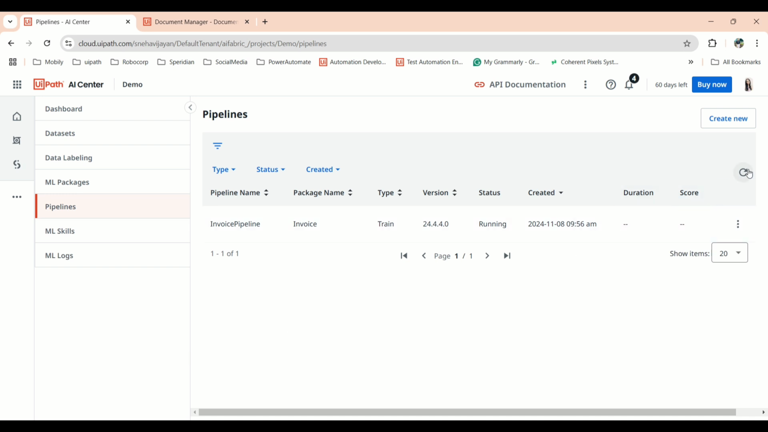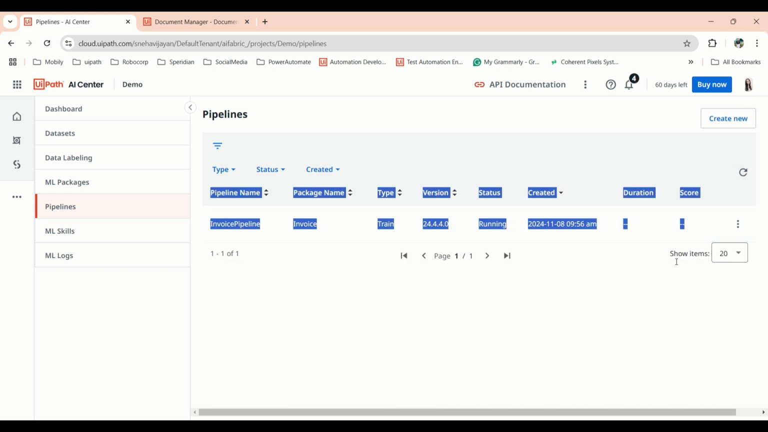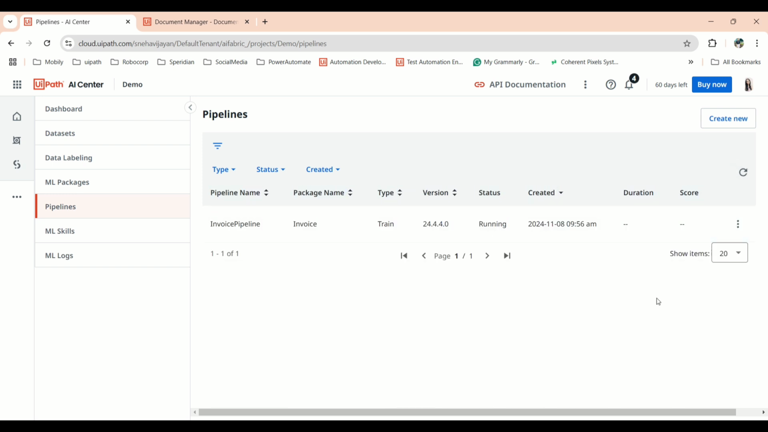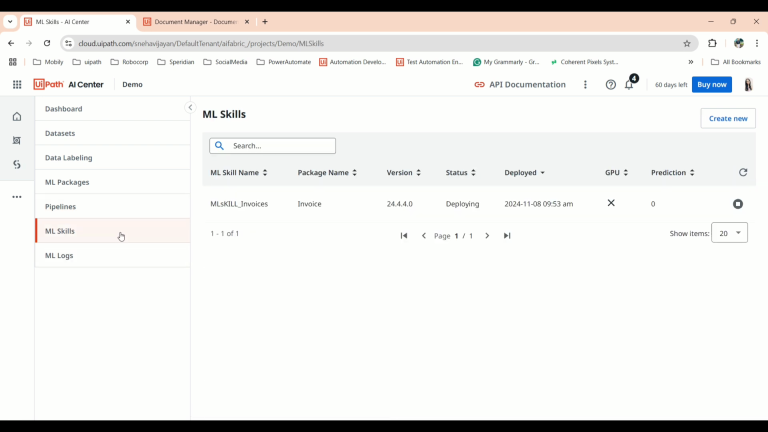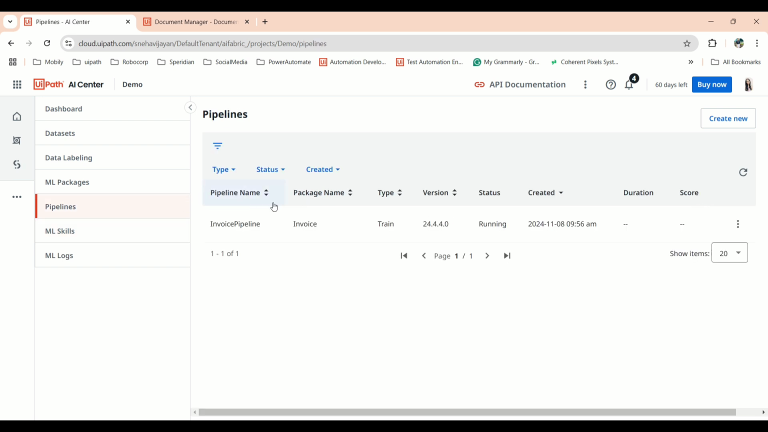So the pipeline is running, the invoice package is getting trained with the new data set we have uploaded, which we have created by data labeling. So it will take some time. After that only we need to create the ML skill. Actually this will be deployed with the ML skill which is already there, invoice, because we haven't trained, right. After completing this run, when the pipeline status becomes success, it means the training is completed,